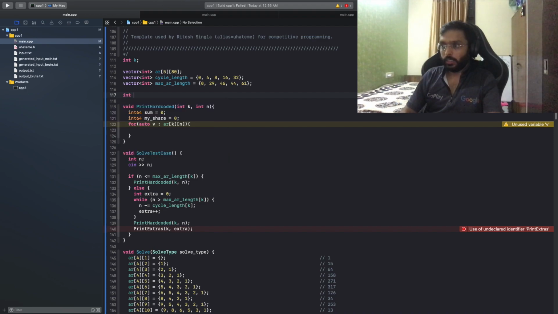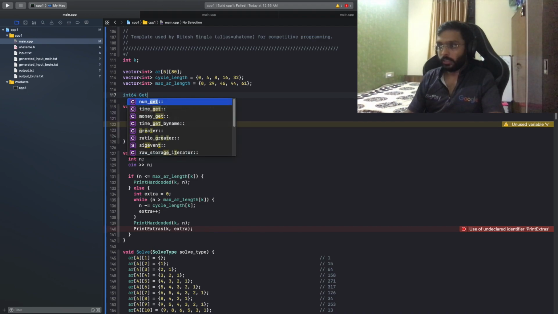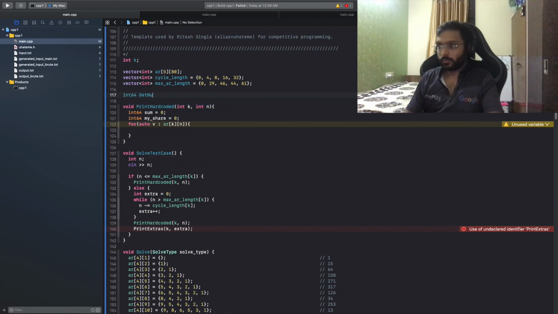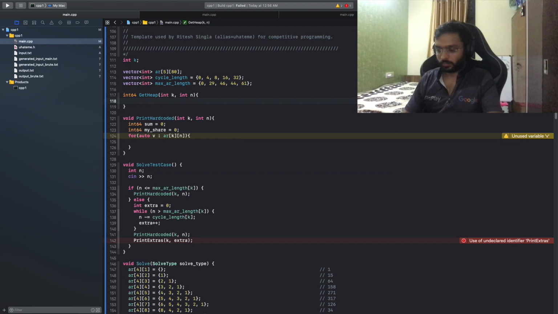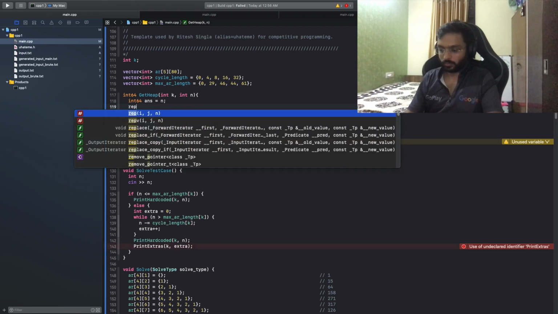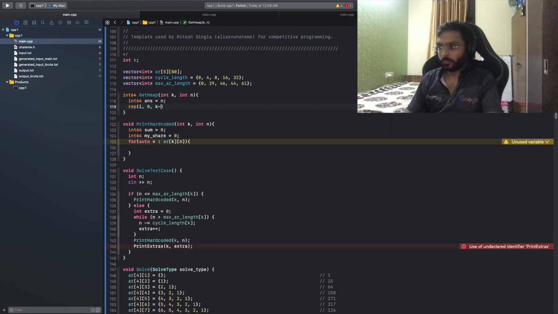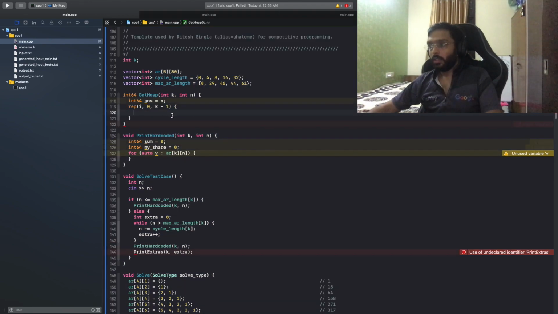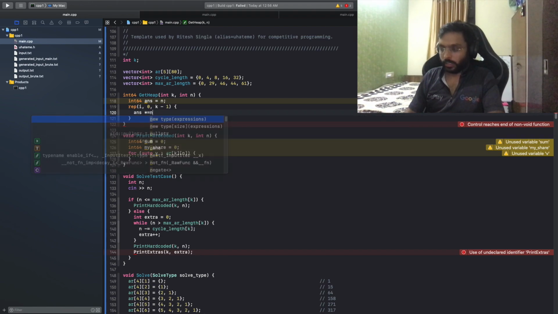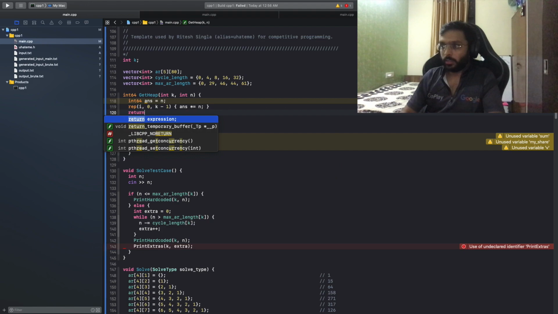So int64 get candidate, get heap, int k, int n. Int64 answer is equal to n. Answer multiply equal to n, and finally return answer.